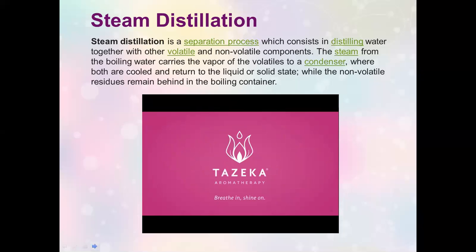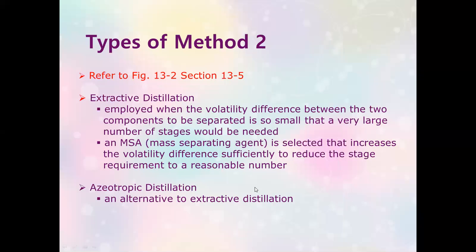Okay, that's your steam distillation. Now under type 2, and this is the focus of most of our calculations, we have extractive distillation, azeotropic distillation, and the case of rectification. That is the usual distilling process that is used in the industry. So you can refer to this figure in your handbook in this section. Now, aside from the rectification process wherein you have a liquid reflux returned into your column together with your feed flowing down as liquid, flowing countercurrent to the vapor that goes up, we have also under method 2, extractive distillation